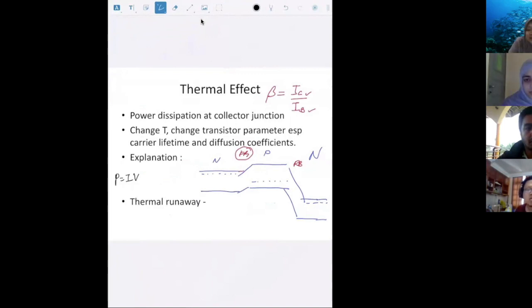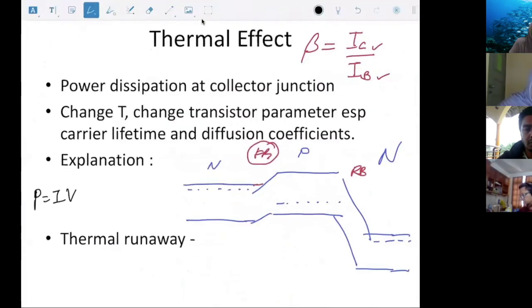The battery is gone. So P equals IV, that's the power dissipation. I is IC, and V there will be VBC, because the largest voltage that you apply inside the BJT is the reverse bias. So VBC, the reverse, will be high, IC will be high, therefore the power dissipation will be high. So as you increase, you want the gain to be high, you indirectly also increase the power dissipation inside the BJT. When that happens,